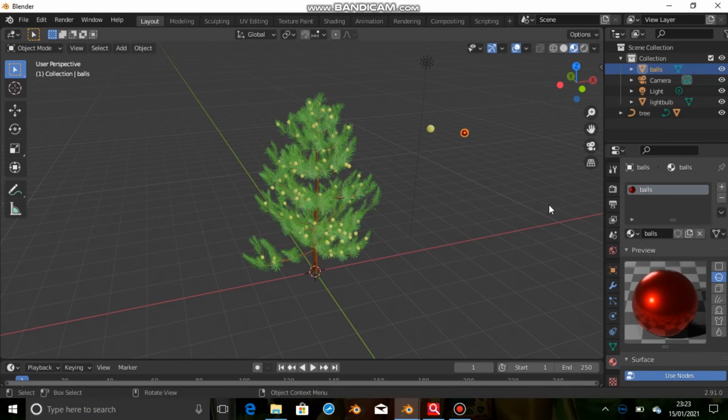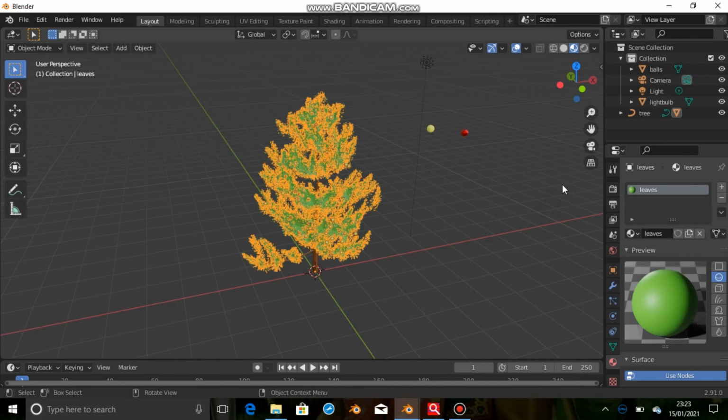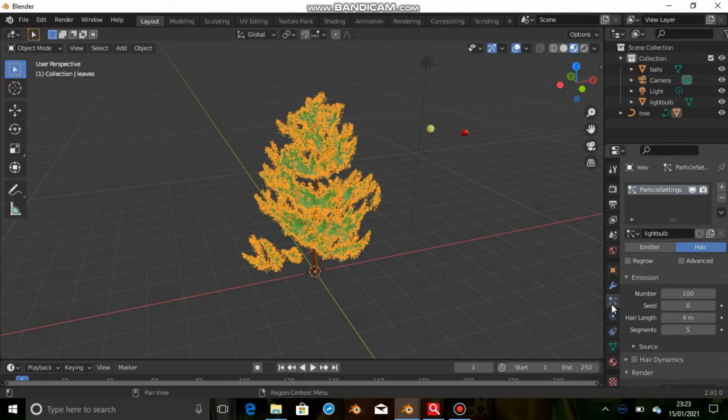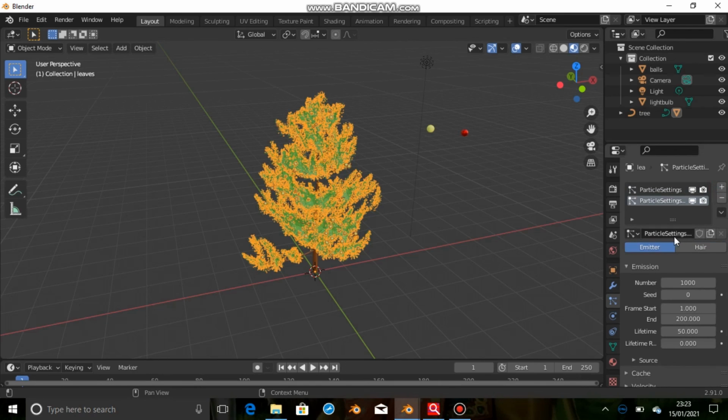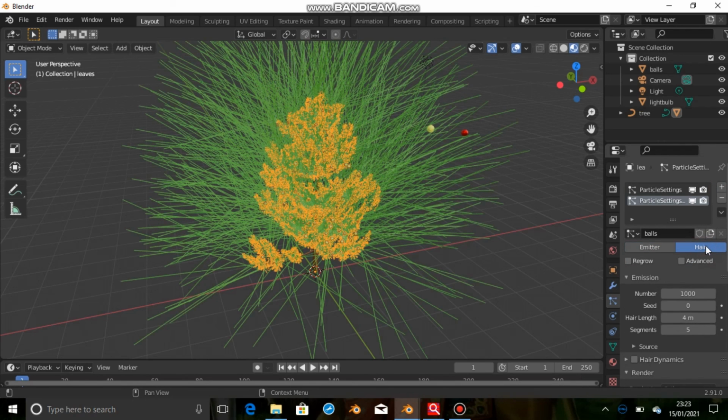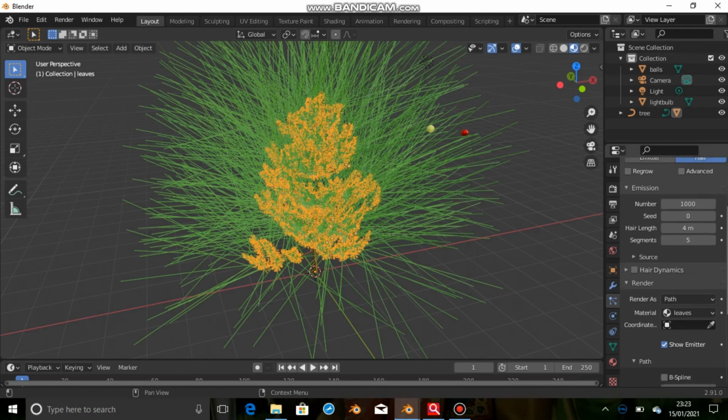In this, change the name to ball and now select hair. Okay, now come down and go to render as an object. In instance object, select this ball.